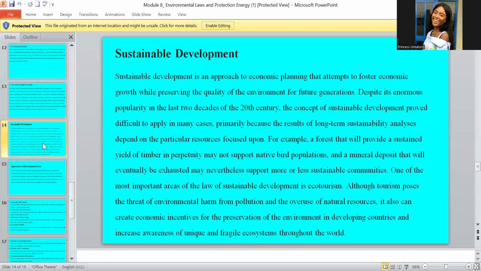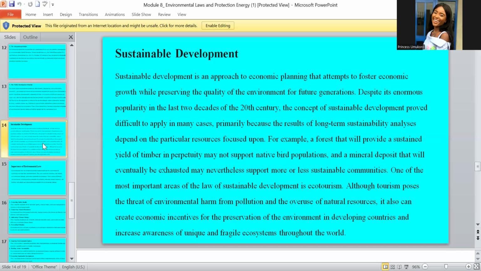Now let's look at sustainable development. Sustainable development is an approach to economic planning that attempts to foster economic growth while preserving the quality of the environment for future generations. Despite its enormous popularity in the last two decades of the 20th century, the concept of sustainable development proved difficult to apply in many cases, primarily because the results of long-term sustainability analysis depend on the particular resources focused upon. For example, a forest that will provide a sustained yield of timber in perpetuity may not